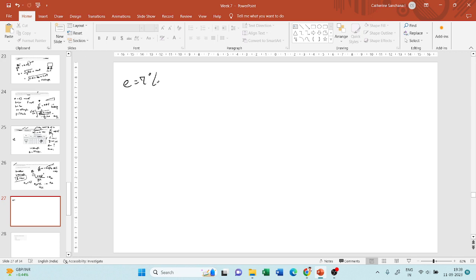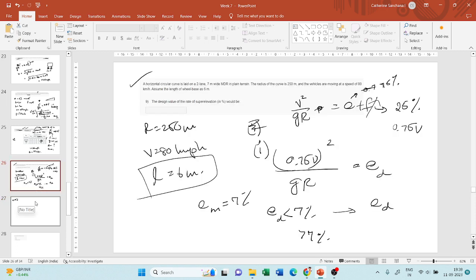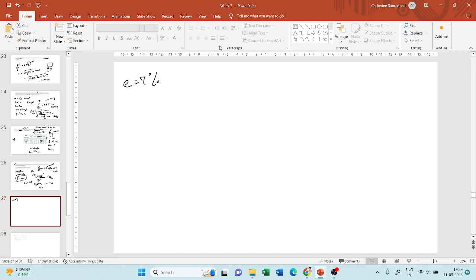Now you have to bring in the effect of friction. So what you have to do is include the entire equation, and this time you will not use 0.75 because you brought in the effect of friction as well. So use the equation again, V square by gR is equal to E plus F. Now you know the value of E. It is 7%, right? Because you fixed it as 7%. What this means is,